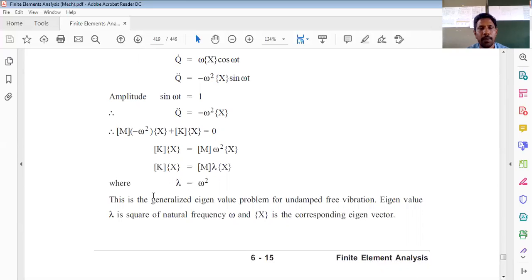Majorly, we need to understand the consistent and lumped mass matrix of different elements, the definition definitely, and the difference, and for different elements we should be able to derive the consistent mass matrix and lumped mass matrix. For example, for bar element, beam element, truss element, and CST element. So these 4 cases I have considered, and for them what is shown is the consistent and lumped mass matrix. The numericals related to this will be continued in the next lecture. Thank you for watching this video.